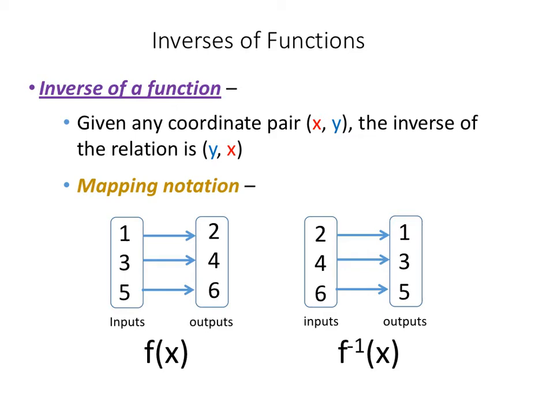So first off, let's take a look at what the inverse of a function is. It says, given any ordered pair x comma y, the inverse of it is y comma x. And so we just simply flip the coordinate pairs, and that becomes the inverse. If you look at mapping notation, whatever your inputs now are become the outputs, and whatever your outputs